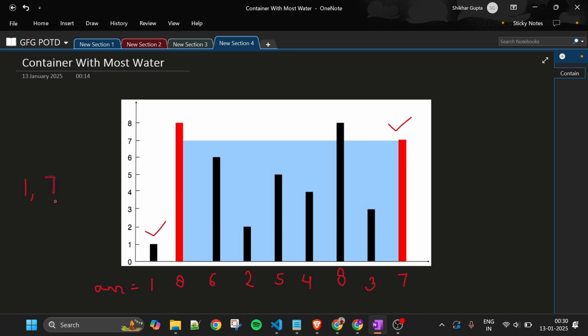Then what's the difference? Let's say I've got the length, and what is the breadth of this? First of all, let's decide the length, because one line is of height 1 and another line is of height 7. So we have to always take the minimum of these two lines, which is equal to 1. Why will I take the minimum? Because guys, look,